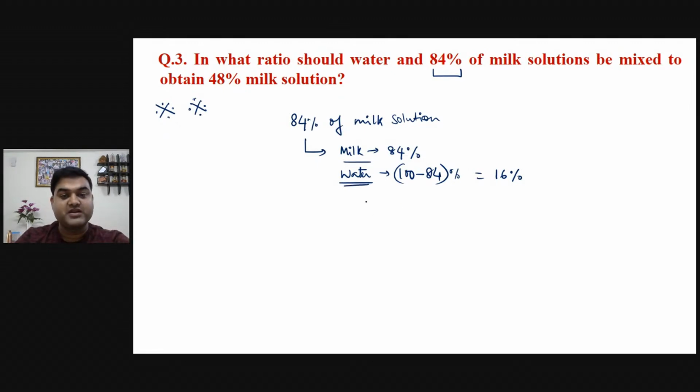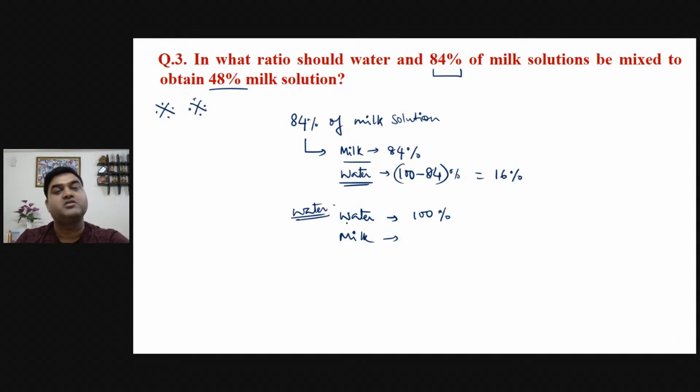And what we have to try to make is, in what ratio should water be added? So in water, what will be there? 100% of water will be there. And what will be the percentage of milk in water? Suppose we are talking about water. In water, 100% of water will be there, and milk percentage will be 0%. These two have to be added, right? This is A and this is B. So A and B have to be added so that whatever mixture we get, suppose C, should have